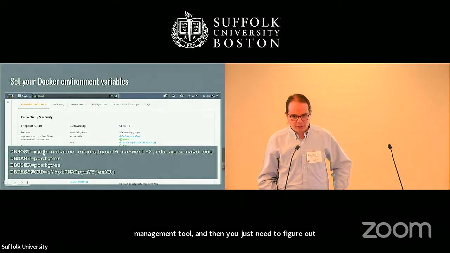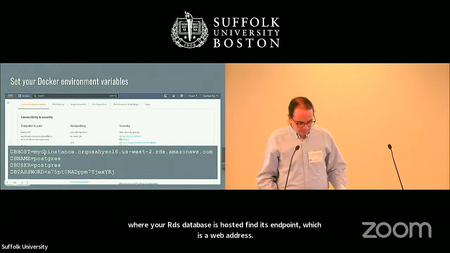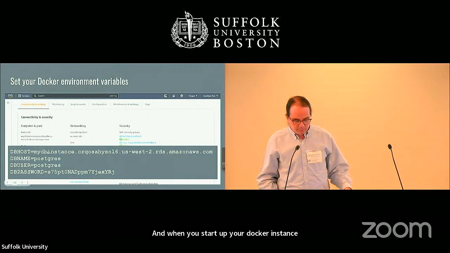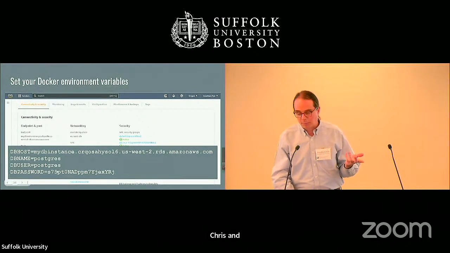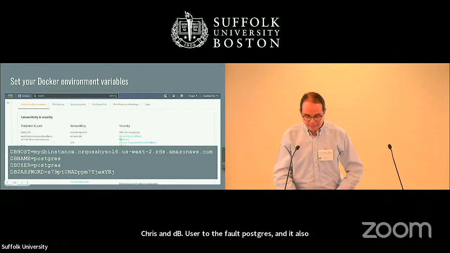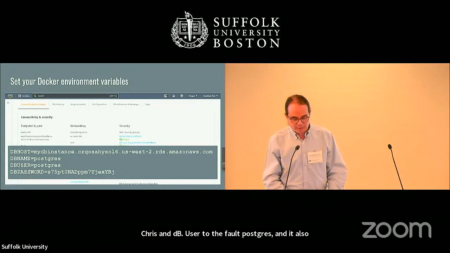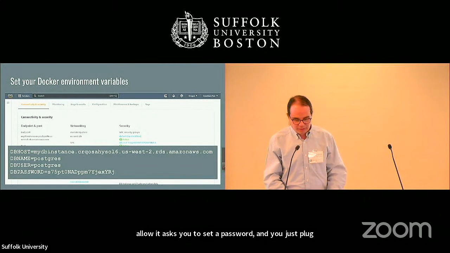And when you start up your Docker instance, set up your environment variables with db host set to this thing, and then db name set to the default Postgres, and db user to the default Postgres. And it also asks you to set up a password, and you just plug in your password. And that's all you need to do to get your Docassemble container to talk to a very high availability, reliable